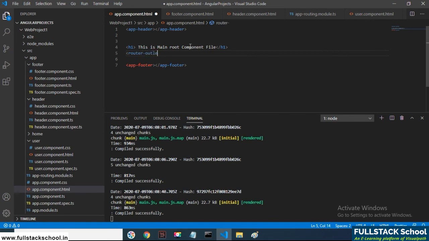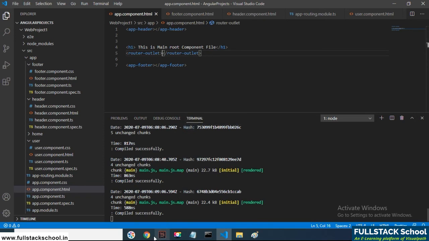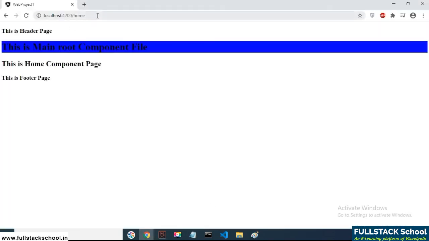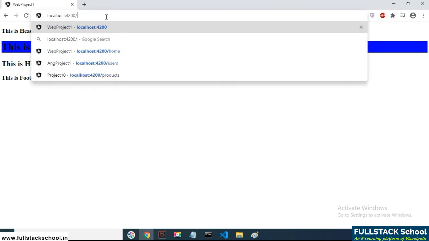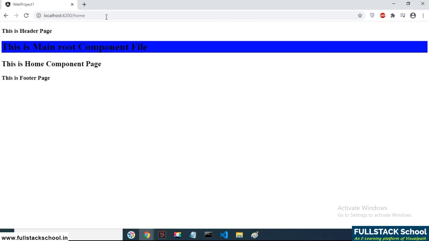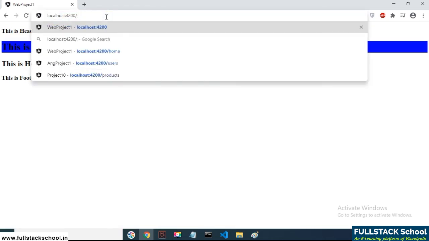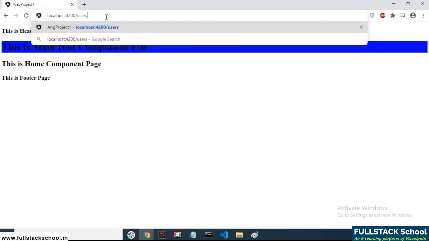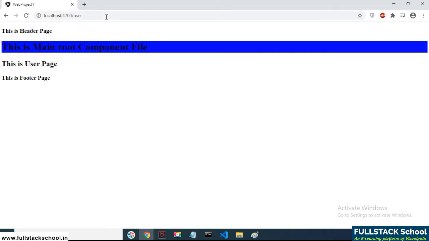Router outlet is the tag we use to populate the routing in the current Angular application. Now once you add home, automatically the home component will be added. When you use user, it will open the user page.